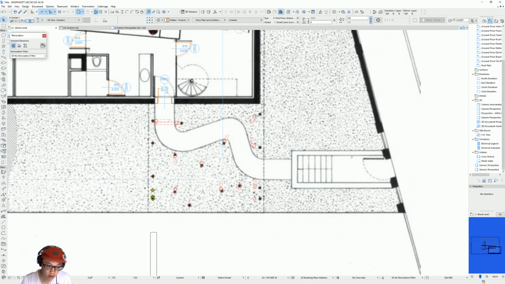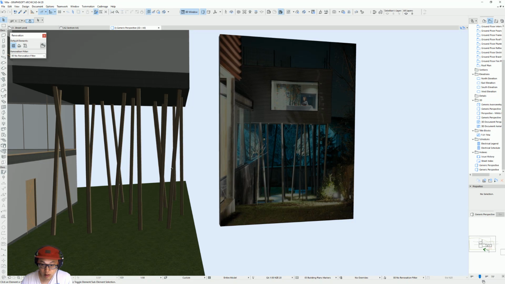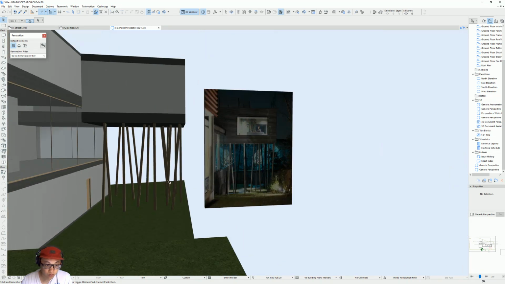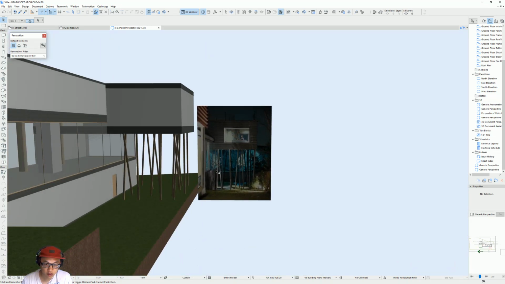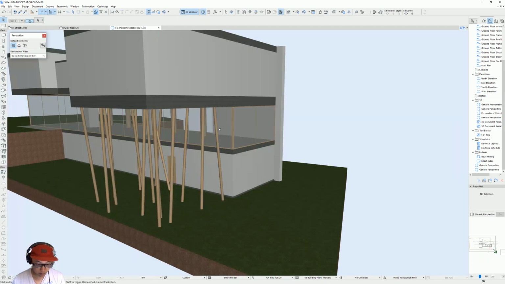And turn it the other way. I guess that should be okay for now. So now we get an idea of the columns,